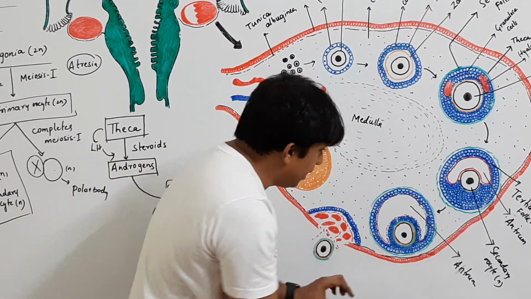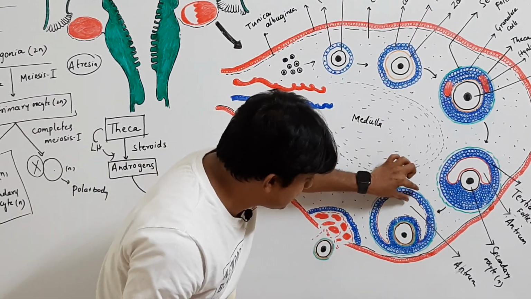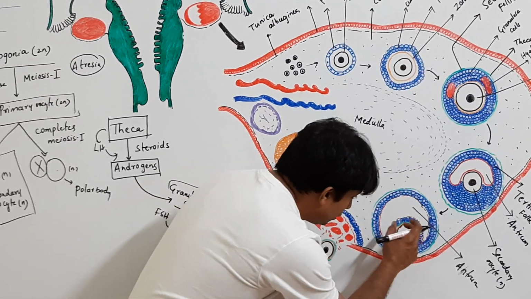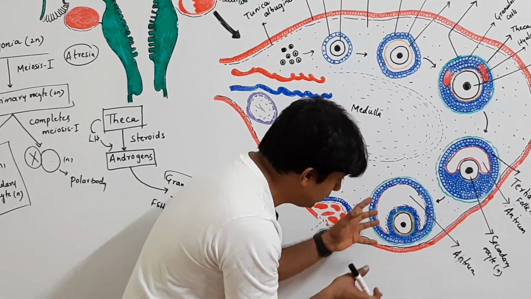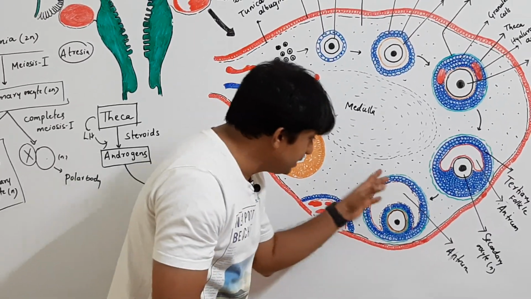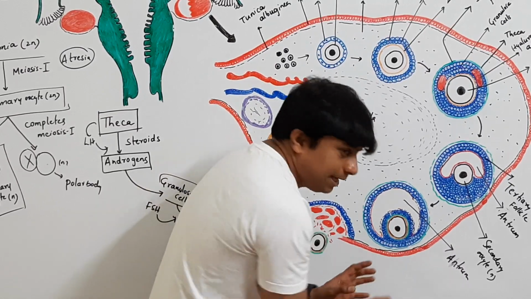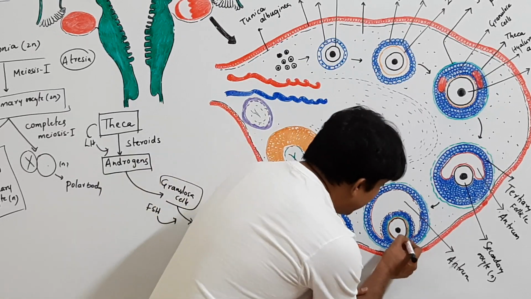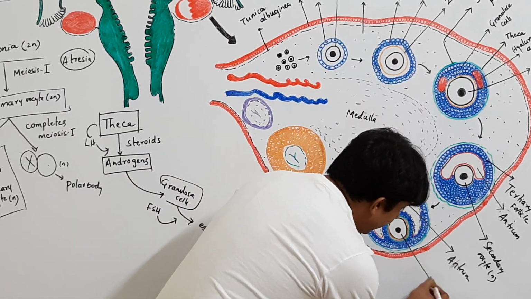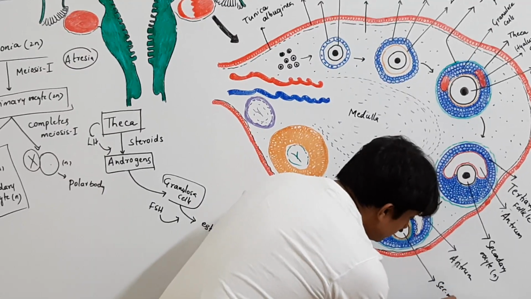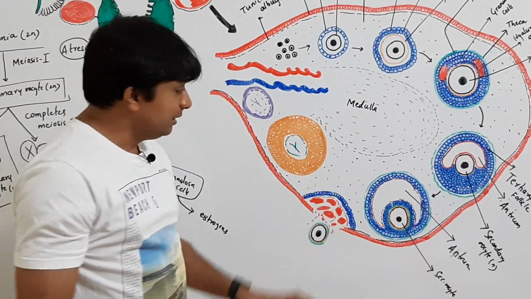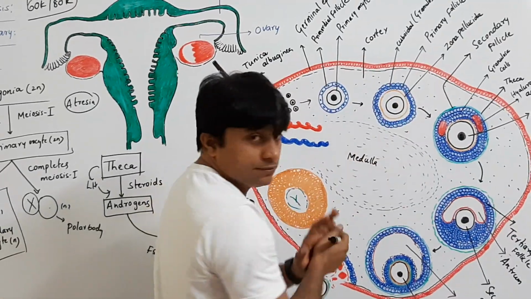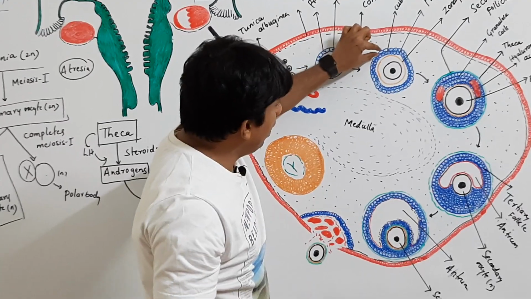When antrum enlarges, the granulosa cells become thin. And at this stage, the oocyte is sent to one side. That means inside the follicle, the oocyte becomes eccentric. It's not at the center, it keeps moving from the center. The secondary oocyte becomes eccentric. Now, at this stage, the zona pellucida that is formed between the follicle and